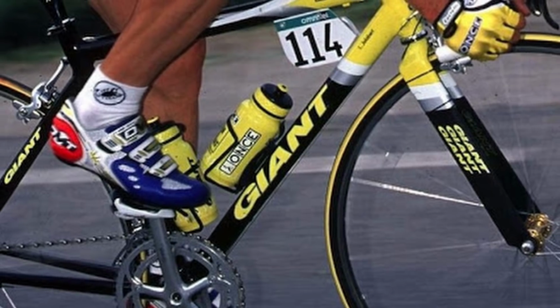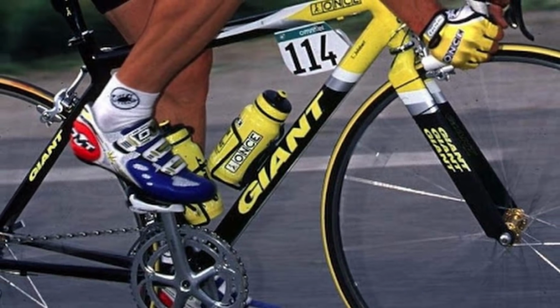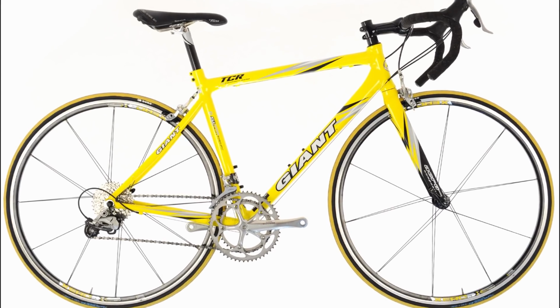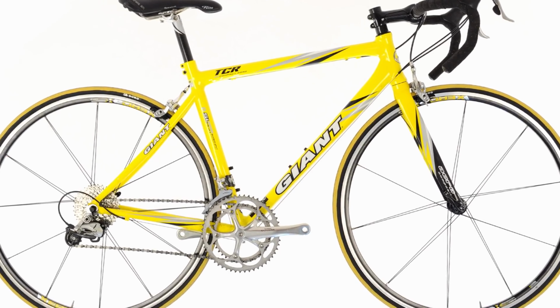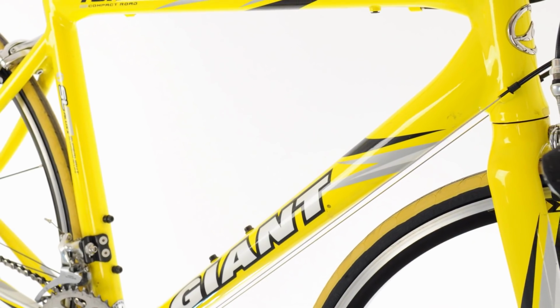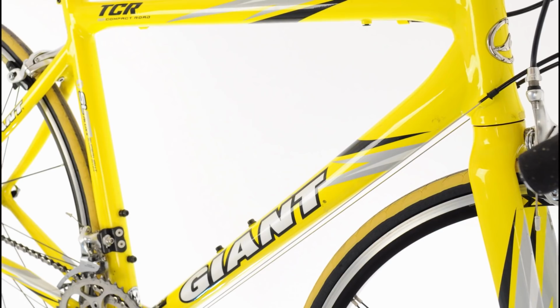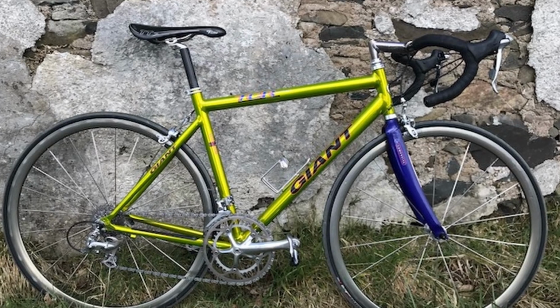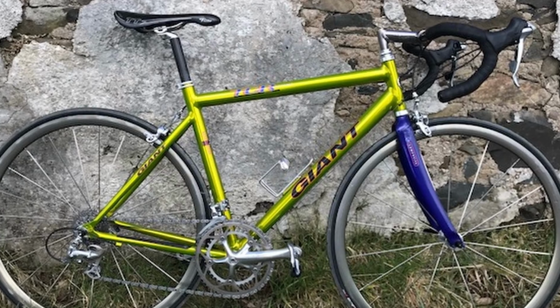The TCR, or Total Compact Road, to use its full name, was first launched by Giant in the mid-90s, and was actually designed by Mike Burrows, the same genius who developed and designed that iconic Lotus 108 that Chris Boardman famously rode to Olympic success in Barcelona. So what the TCR represented was a bike with a really sloping top tube and a very small rear triangle,